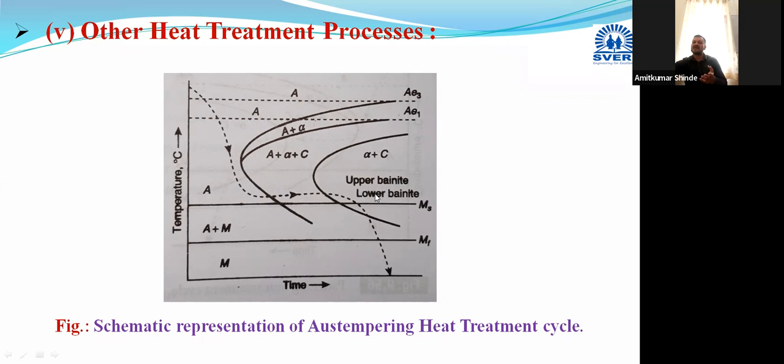This has little lower hardness if you compare it with martensite, but it will provide you the required hardness. This is the advantage. Whichever bainite is there, it may be lower bainite or upper bainite depending on the time provided. Lower bainite will be obtained with less time, and if you are providing more time, then upper bainite will be there. Sometimes if you provide a very long duration, then instead of getting bainite, you may end up with pearlite also.